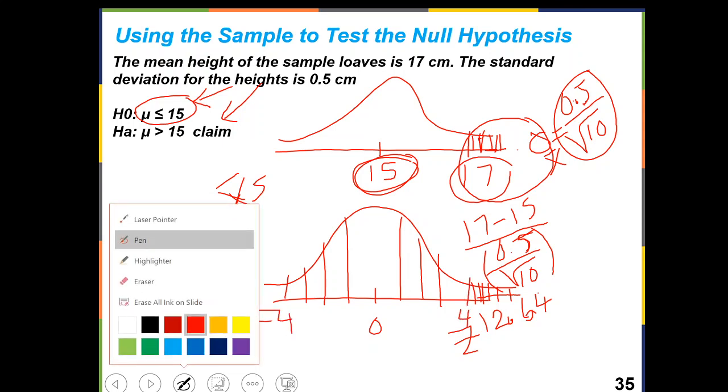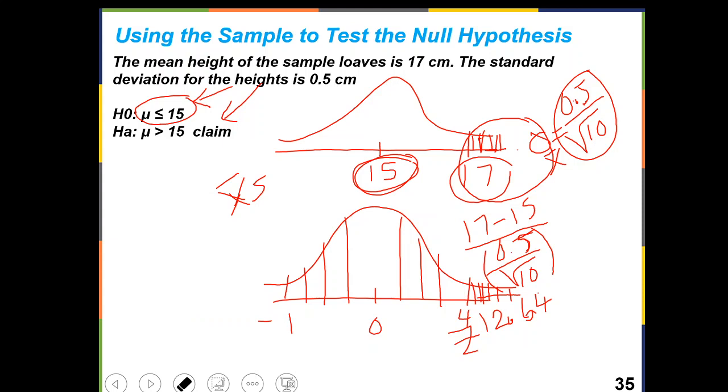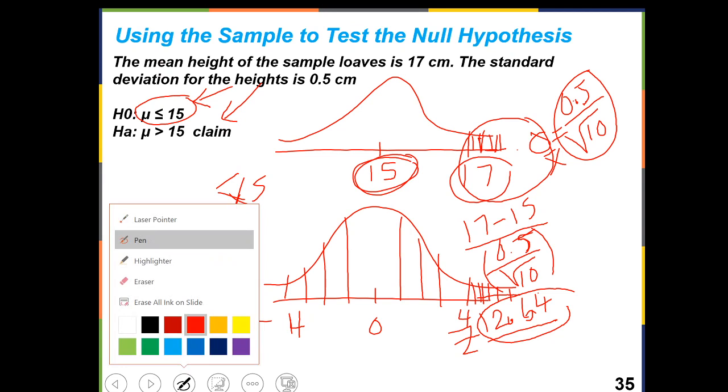There is very little amount after 4, but this is 12.64. So the probability that z is that big to the right is 0, right? So that is using